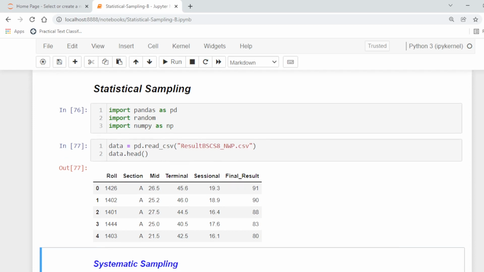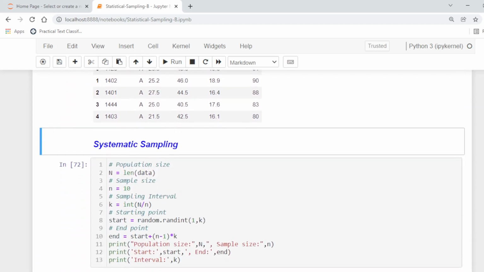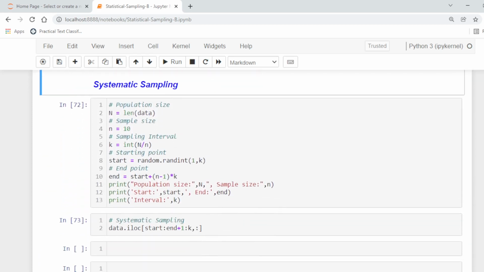We will use this data set for the experiment. Now, systematic sampling. First of all, the population size. This is the first step, to decide about your population. So our population is the data, and the length of the data will be our population size.